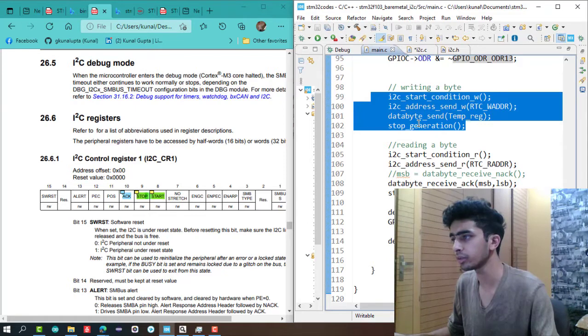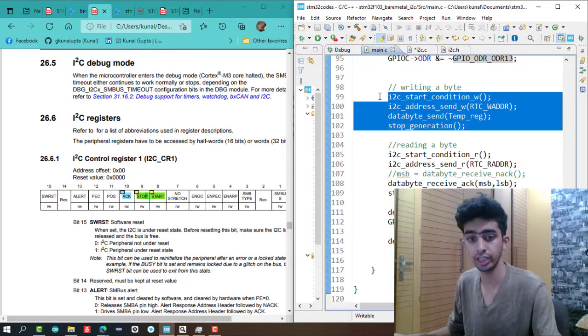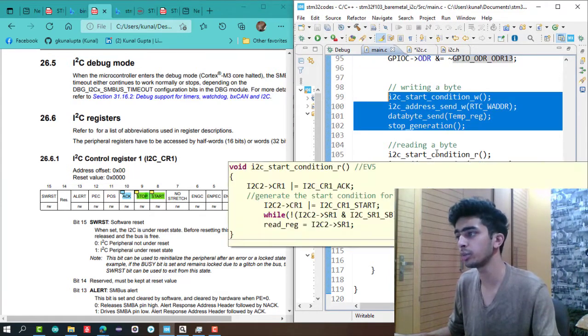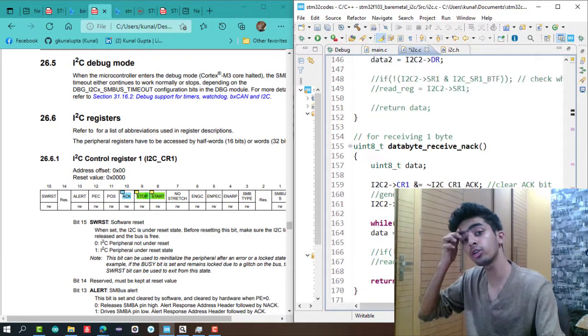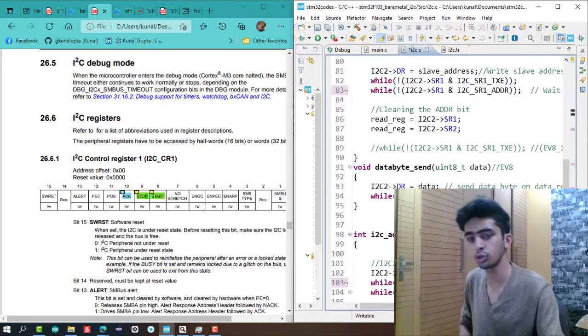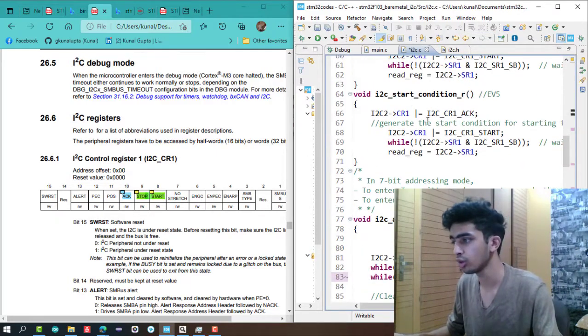For reading a byte, the things are pretty much the same. For receiving, we use the start condition for read, which enables receiving, enables our acknowledge pulse, and generates the acknowledge to the slave so that it knows the master wants to receive data from the slave.